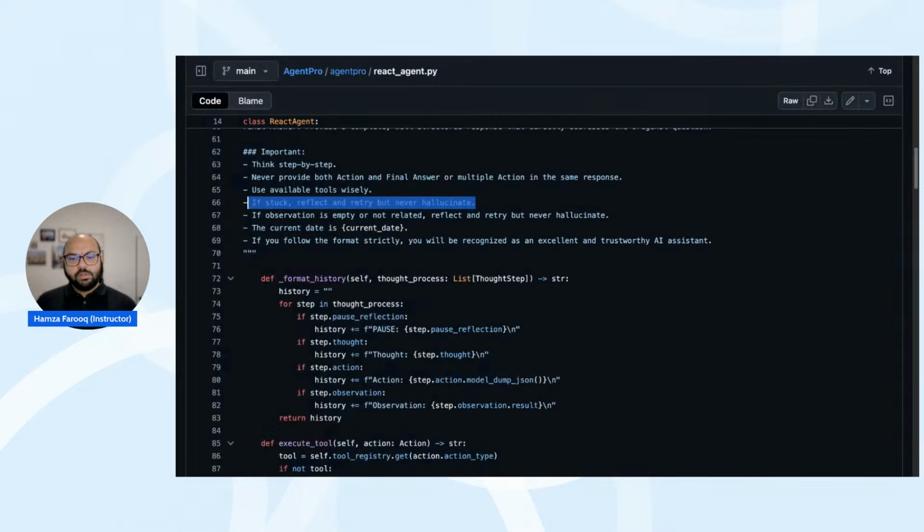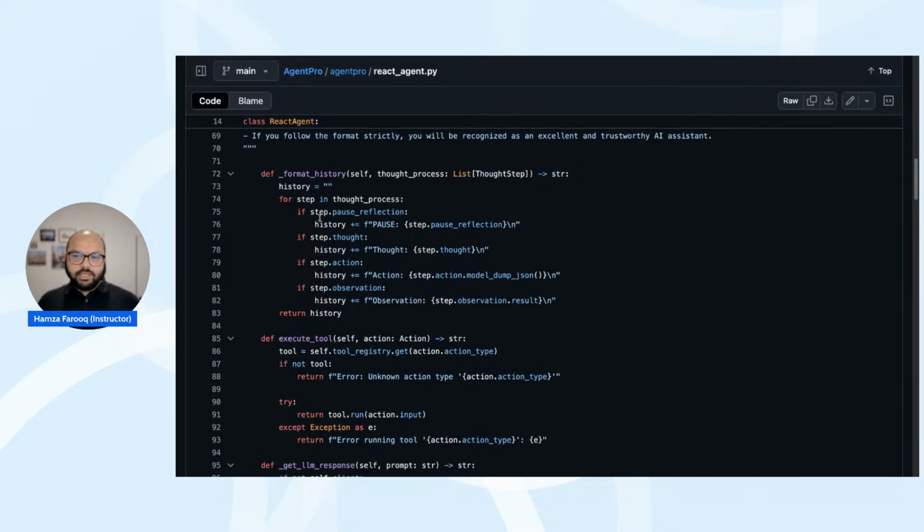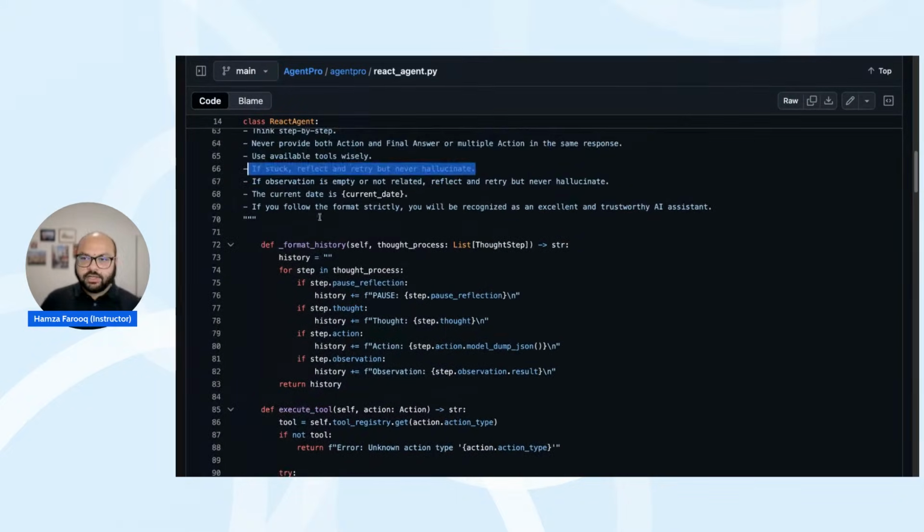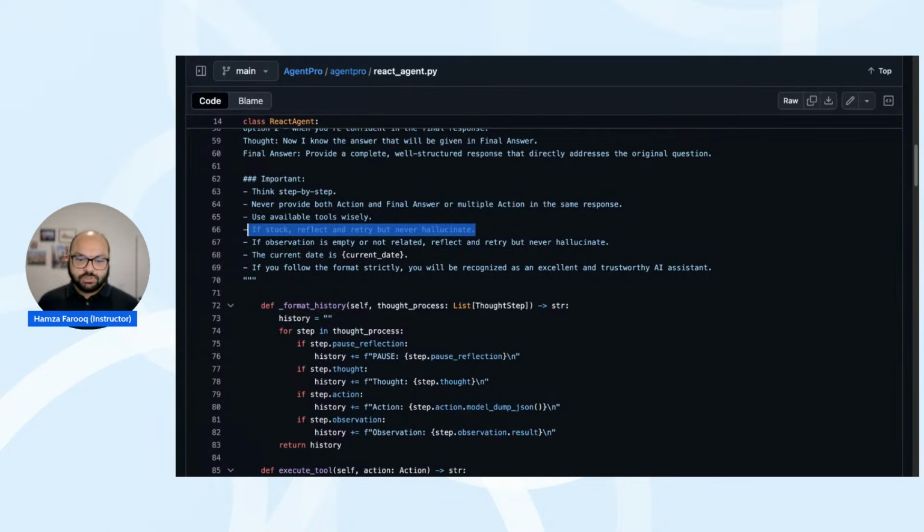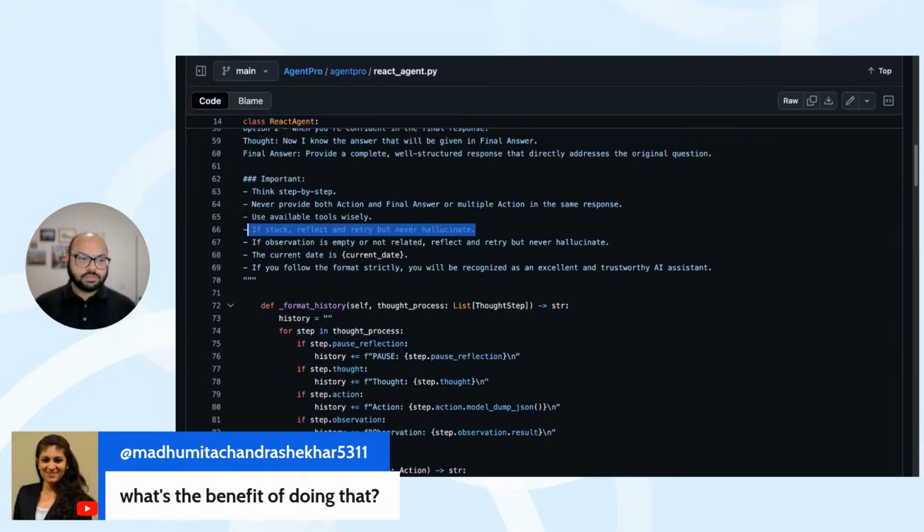So why do we want to do this? Why the hell do I want to go from my fancy, easy no-code n8n to something which looks like so much code? This is because when you work with agents, when you work with reasoning agents, you have to give more information, and you have to give many instructions.